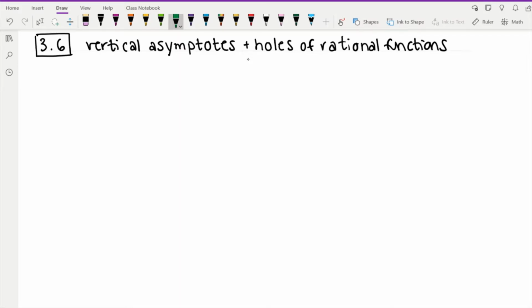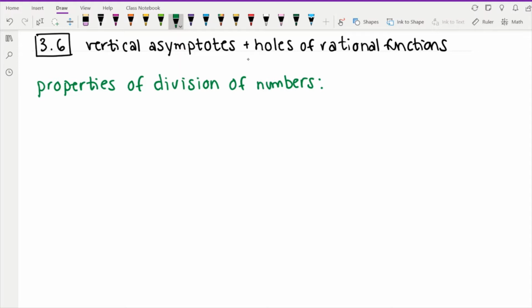are going to be. Okay, so first thing I want to talk about is actually, it might initially seem unrelated, but we'll see that we need to have an understanding of this in order to deal with rational functions. So I want to talk a little bit about some properties of division of numbers. So not functions, just talking about numbers. So there's just a couple of facts we need to be aware of, and we've talked about these a little bit, but I think they're worth